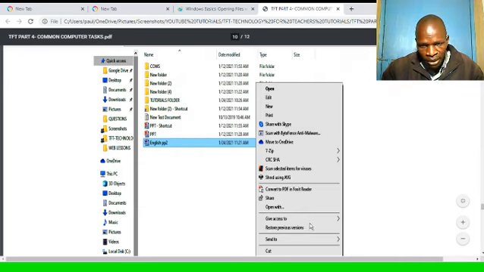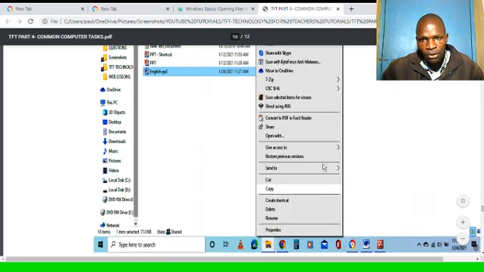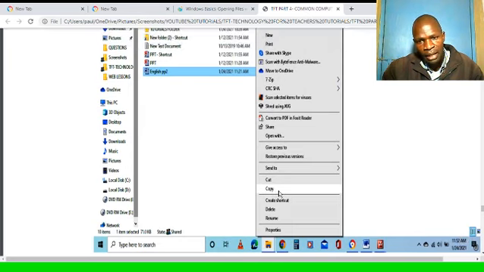You will get these options here. One of the commands within this right click menu is copy, and you see it is highlighted in white like the rest. I have clicked copy to copy this file.